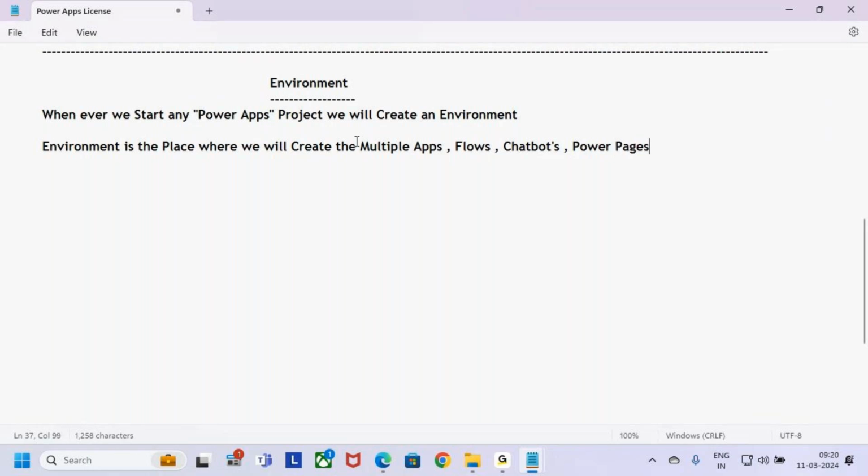Not only this, whatever data sources you are going to use, and whatever components you are going to